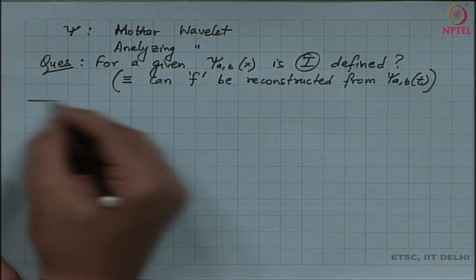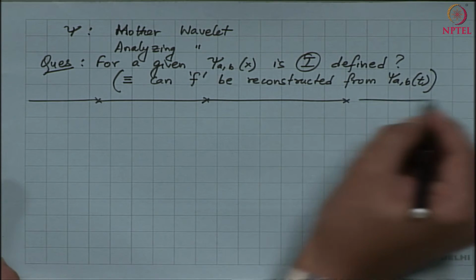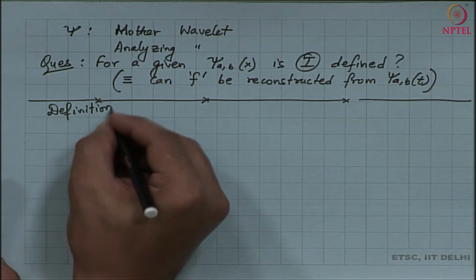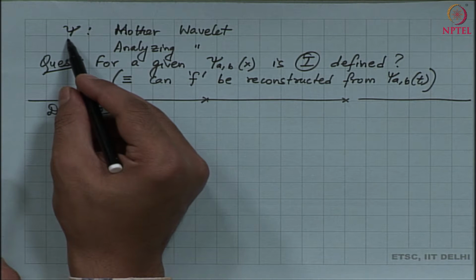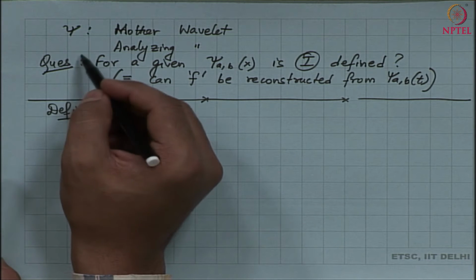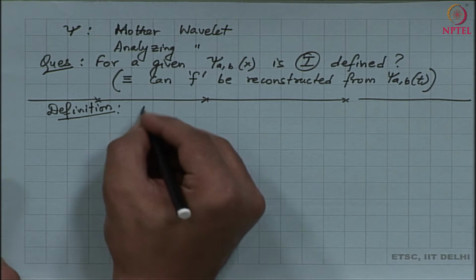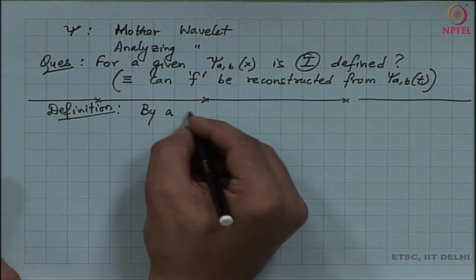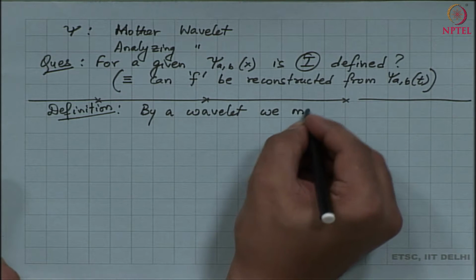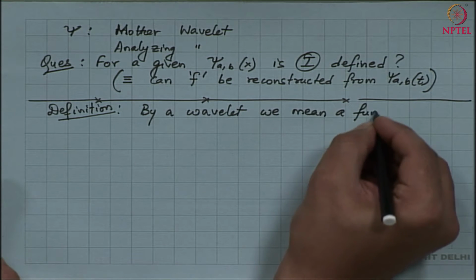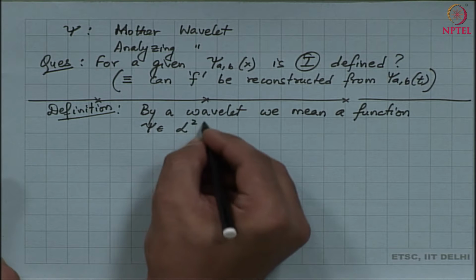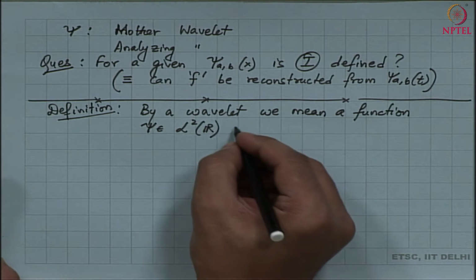So, to answer that question, I have to introduce another definition. So, let me introduce a definition of the wavelets. Okay. So, it turns out that not all functions are going to be considered in my definition of the wavelet transform. It is only these particular functions that I describe now that will be considered. So, by a wavelet we mean a function psi which is square integrable, such that